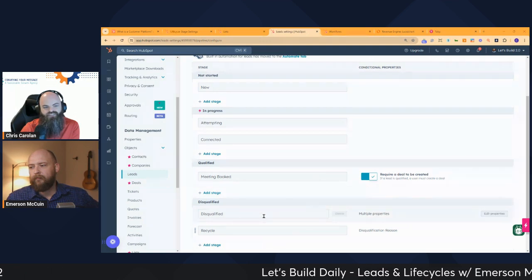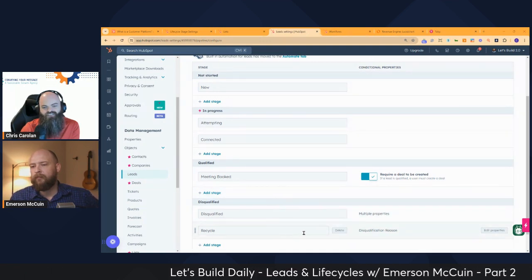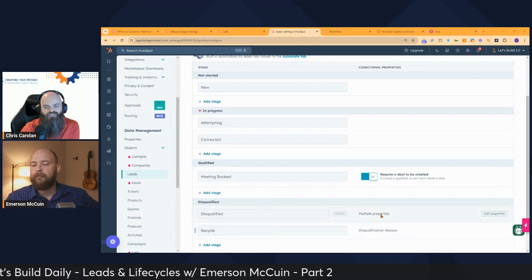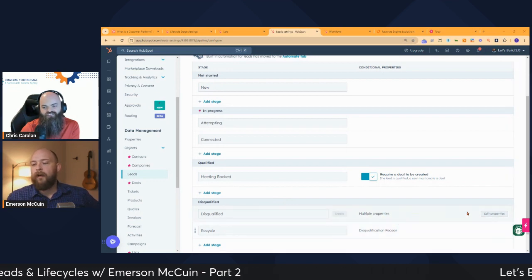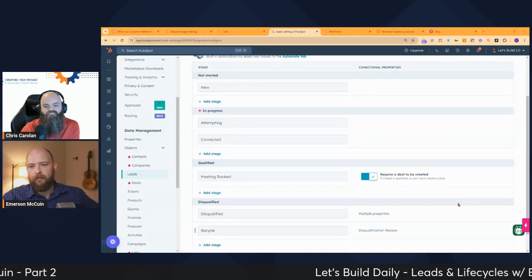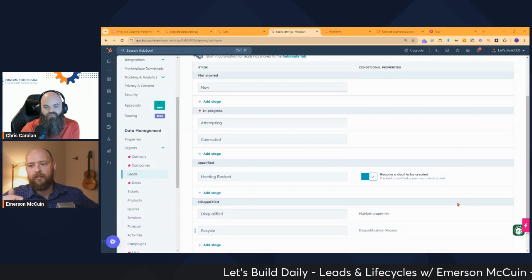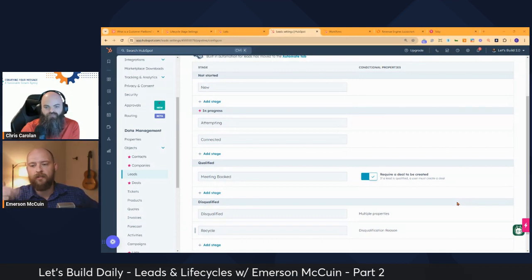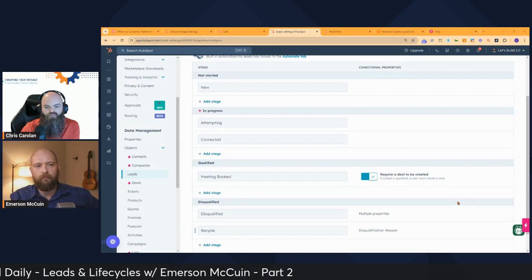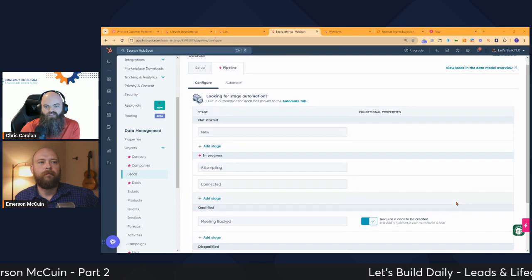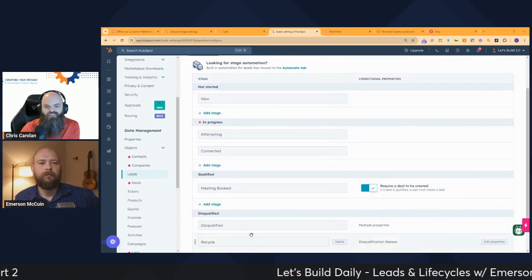So maybe you're thinking of using one of these other properties instead of this recycle stage. Okay. For recycle, we have a customized recycle reason that's used there, and then disqualified has a disqualification reason specific to it. Any of those closed loss stages will have more targeted data. Cool. Okay, so we've got this set up.